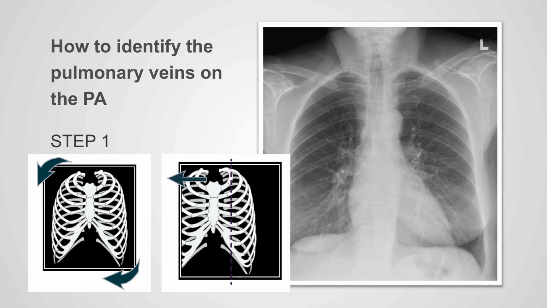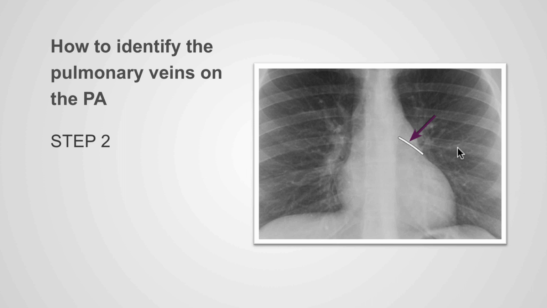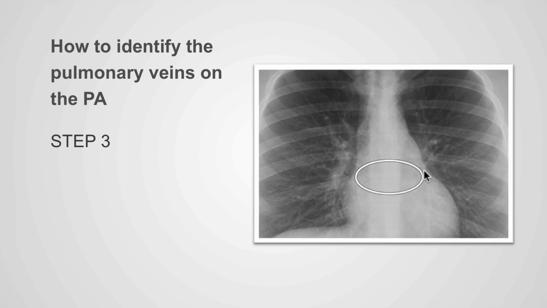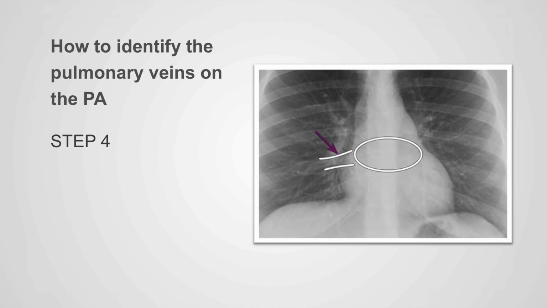How do we identify the pulmonary veins on the PA examination? First, we make sure that the patient is properly centered and is not rotated. We then identify the auricle of the left atrium. We can extrapolate from the auricle the approximate position of the left atrium within the heart. We then identify any horizontal structures that are coursing in the direction of the left atrium, and these represent the